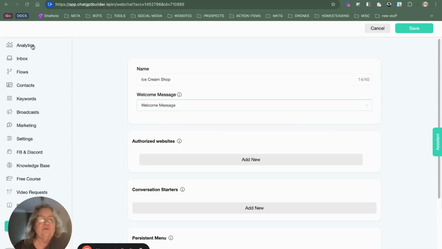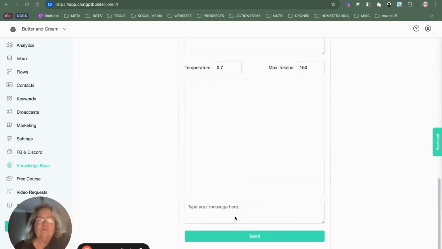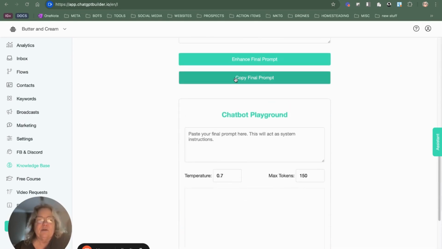Then you're going to go build your knowledge base. Fill in this information, put in the URL of that business website, and get the knowledge base. Once you get that information, you're going to copy that prompt, go over to your settings,